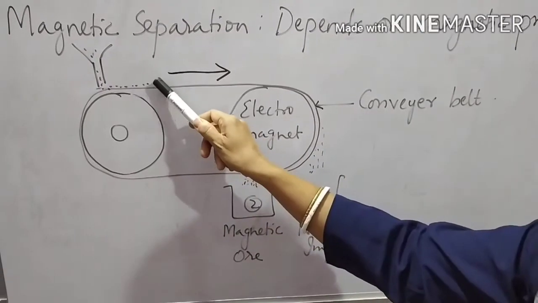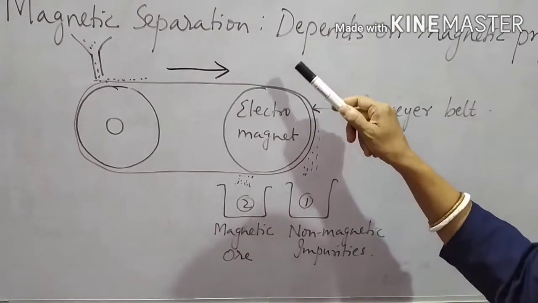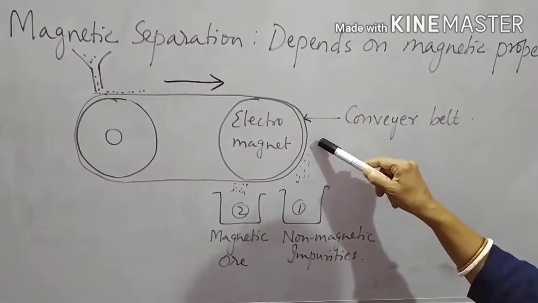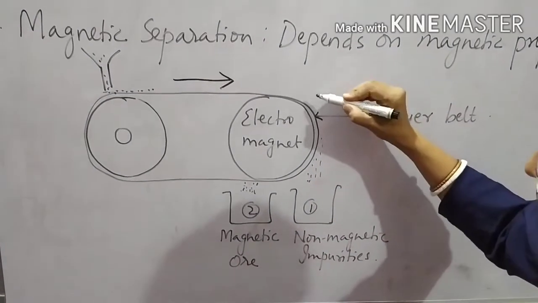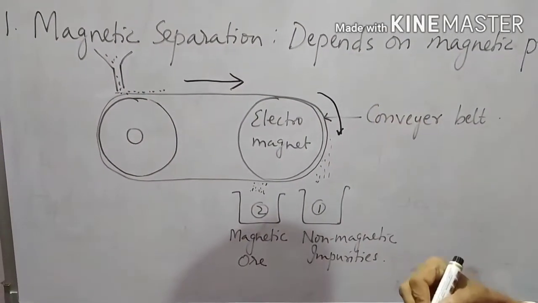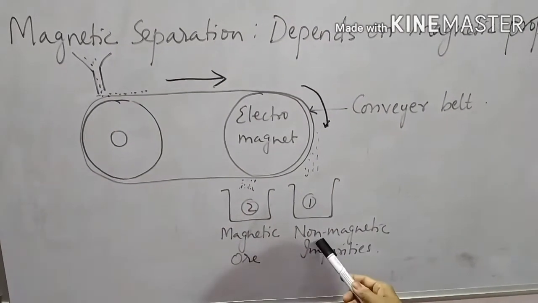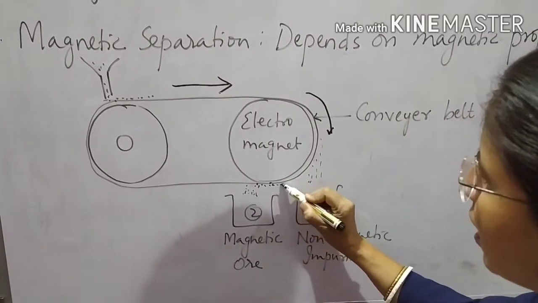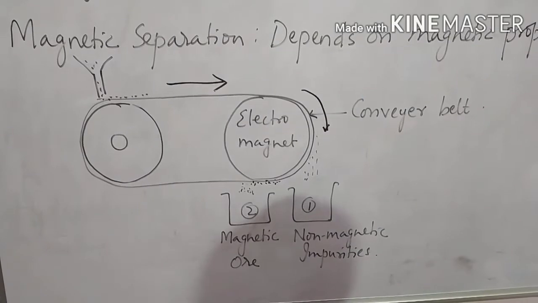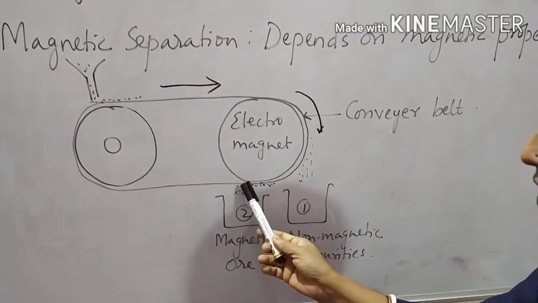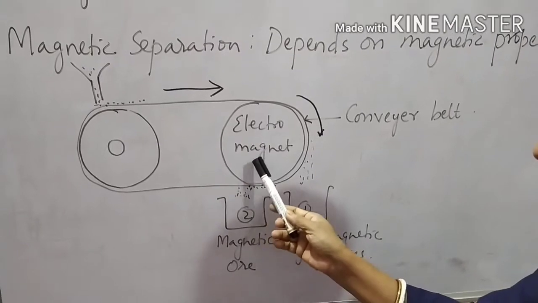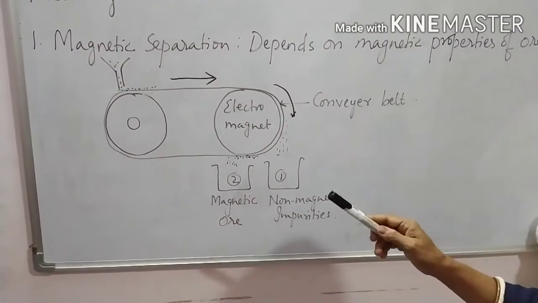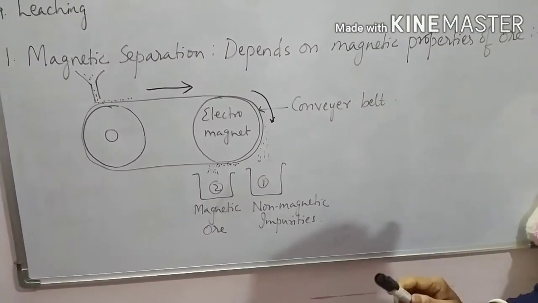Along with the belt, the ore particles come, and the magnetic part will get adsorbed on the belt. They will stick on the belt. The non-magnetic part, as the belt moves down, will collect in collector 1. These are the non-magnetic impurities, and the magnetic ore particles are adsorbed on the surface. Therefore, they will collect in collector 2, because from there the belt is detaching from the magnetic property of the wheel. So this method is mainly for the ores which have magnetic properties.